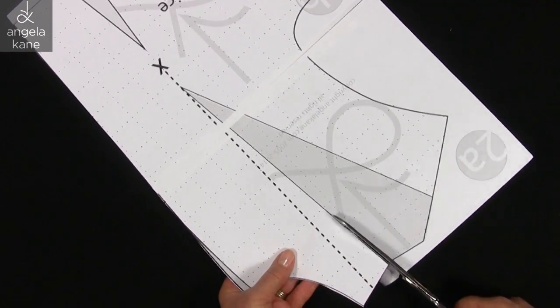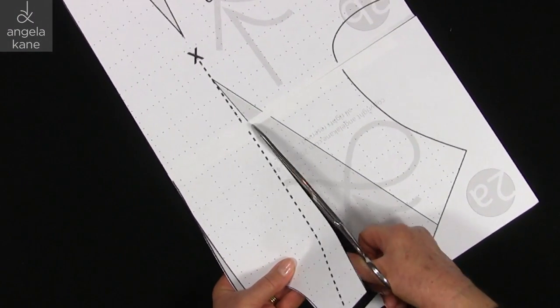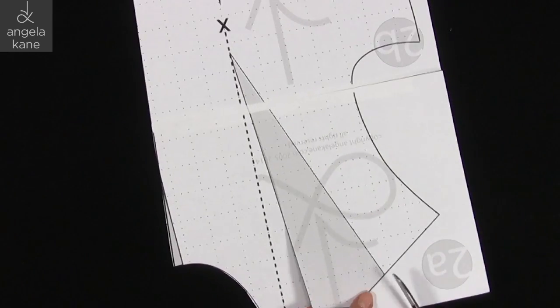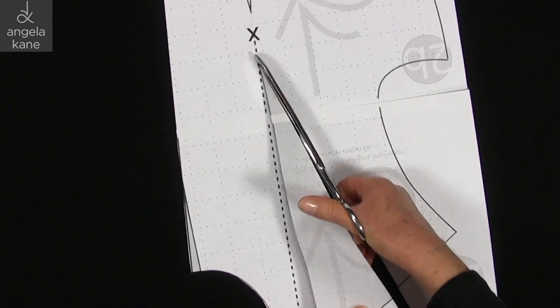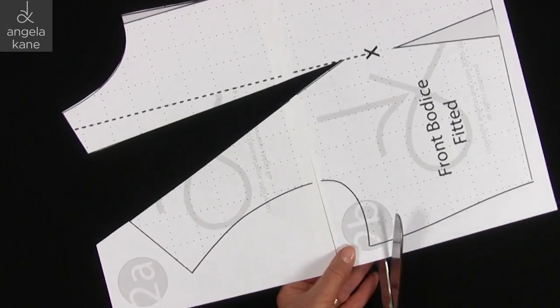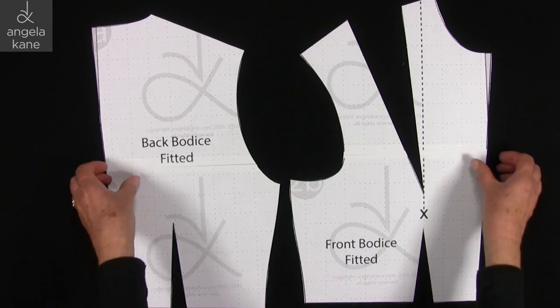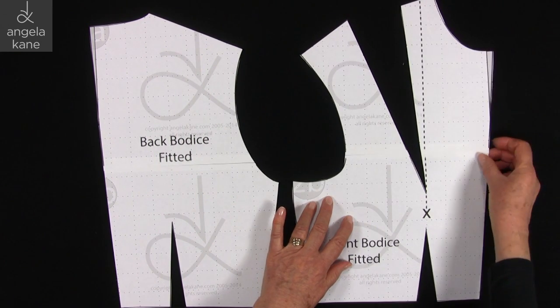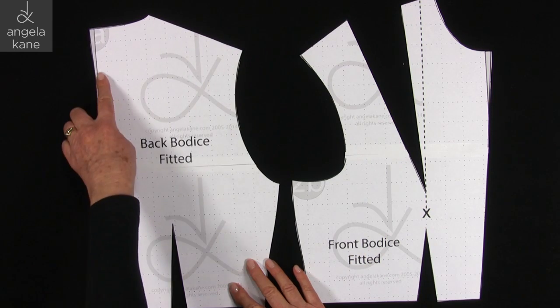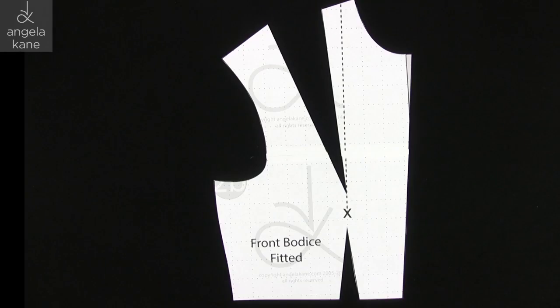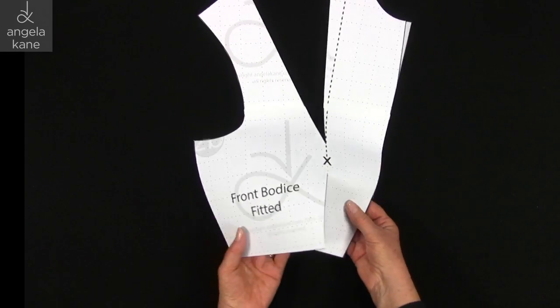I'm cutting out the dart portion, and this is a good idea for your blocks as it makes it easier to trace. When you are finally happy with the fit of a block, trace it onto card, as it will be getting plenty of use. So this is our block cut out. I've left these narrow darts on the slanted CF and CB lines, as we may be placing these pieces on a fold.